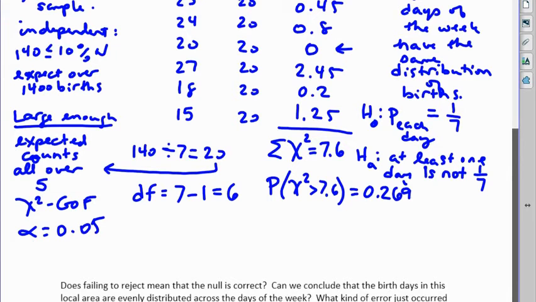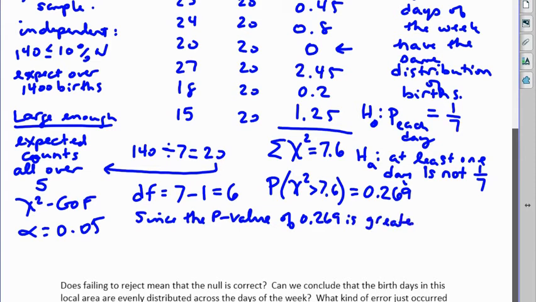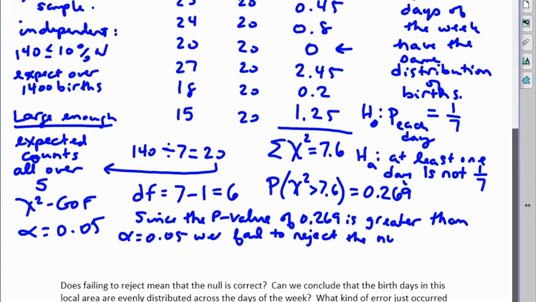So since the p-value of 0.269 is greater than alpha equal 0.05, we fail to reject the null hypothesis